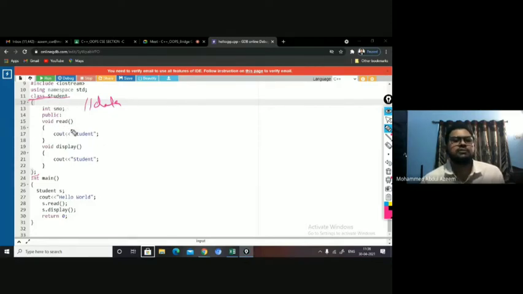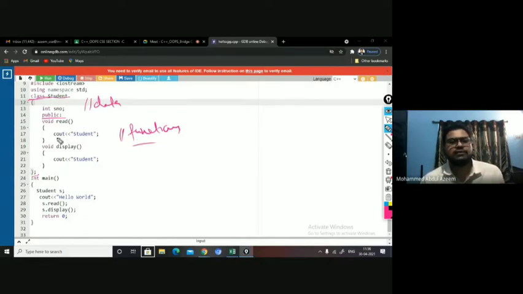Now read and display, these are the two functions here. These two functions are declared under public mode. You can see public colon. After public colon, whatever I have declared comes under public mode. So functions I have declared under public mode.